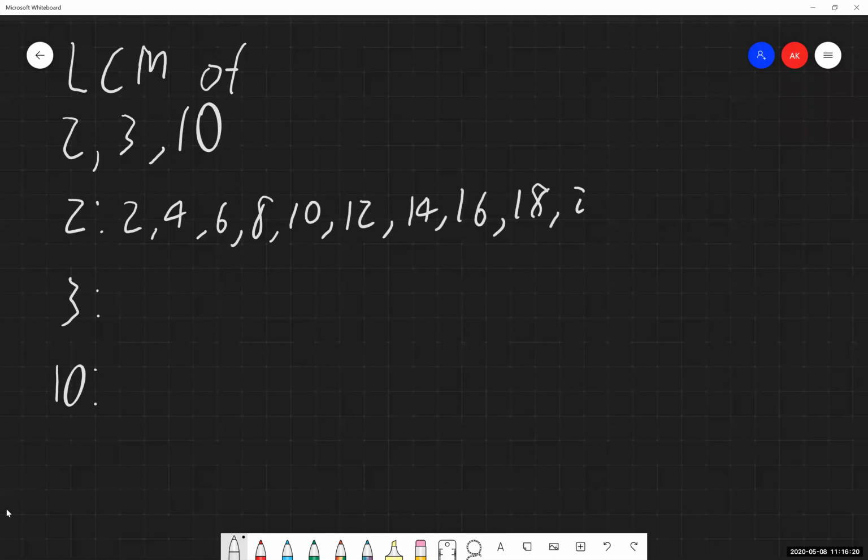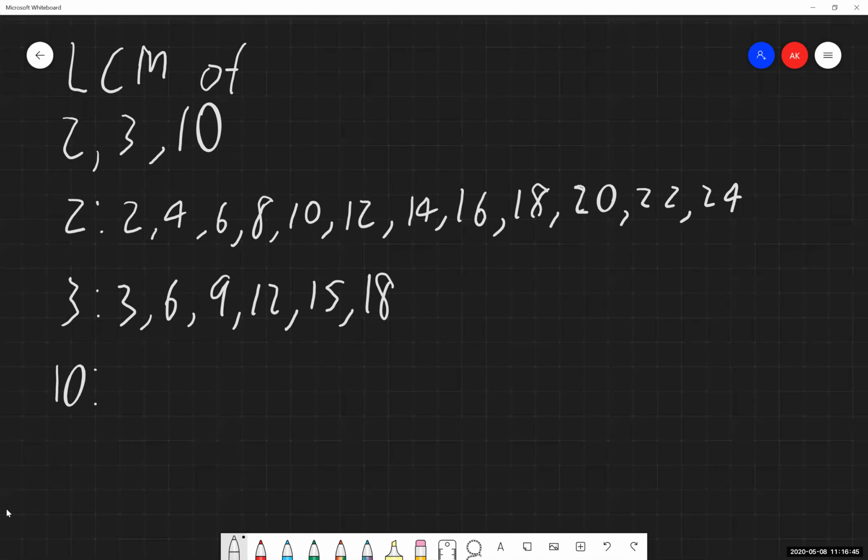And now the main question that I get asked a lot is, okay, so I'm listing all these out. When do I know I'm going to have a lowest common multiple with these other numbers? And really, if we're using this method, you're just going to list things out until all 3 numbers have something in common. So we'll go with 3. So we'll go 3, 6, 9, 12, and so on.